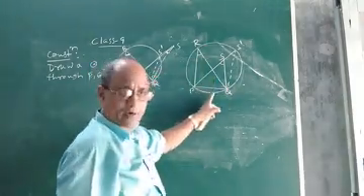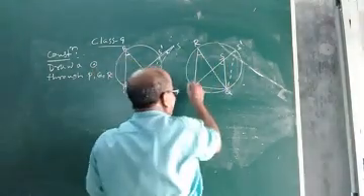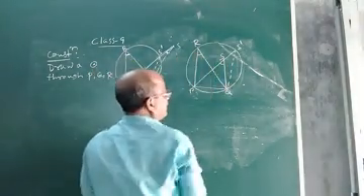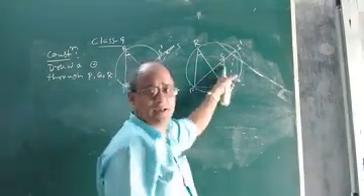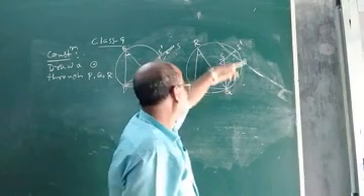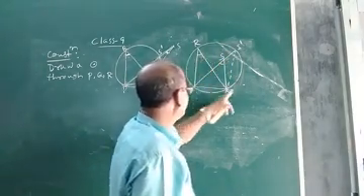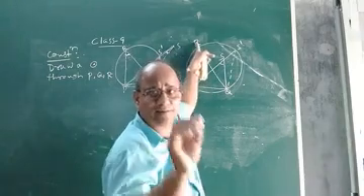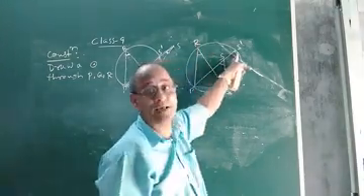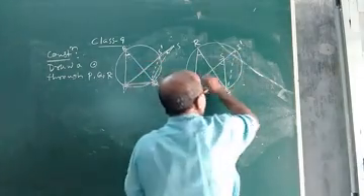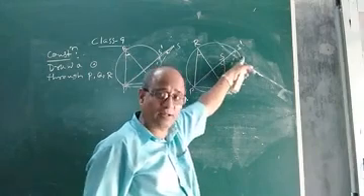Okay. And you see, the circle drawn through P, Q, R does not intersect PS. Look at it. If the circle drawn through the three non-collinear points P, Q and R does not intersect PS, but it intersects PS produced. That means PS has been produced. Look at the line segment PS.